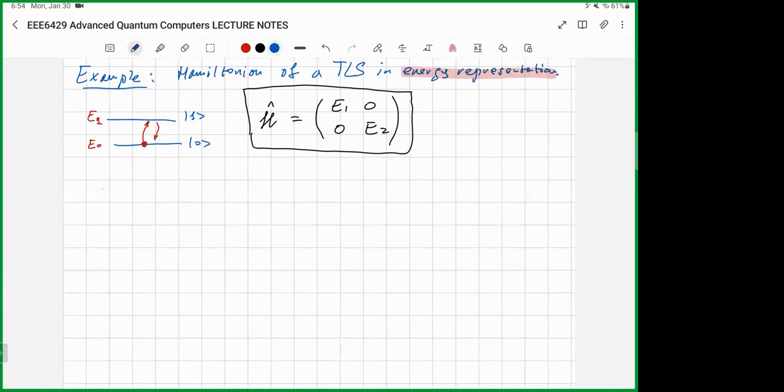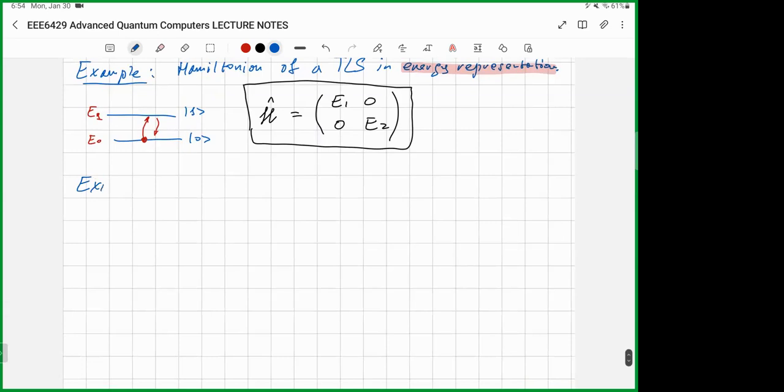Let's discuss another example. So let's consider the so-called coordinate representation. The energy representation that we just discussed is very important for systems like qubits, systems where we don't aim